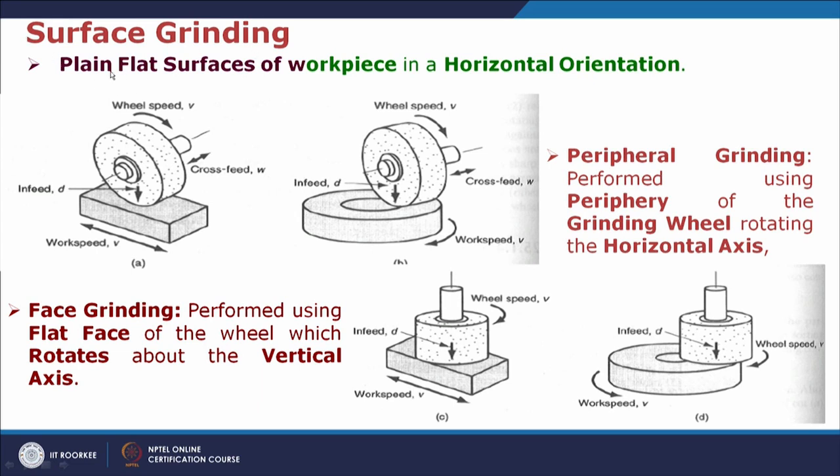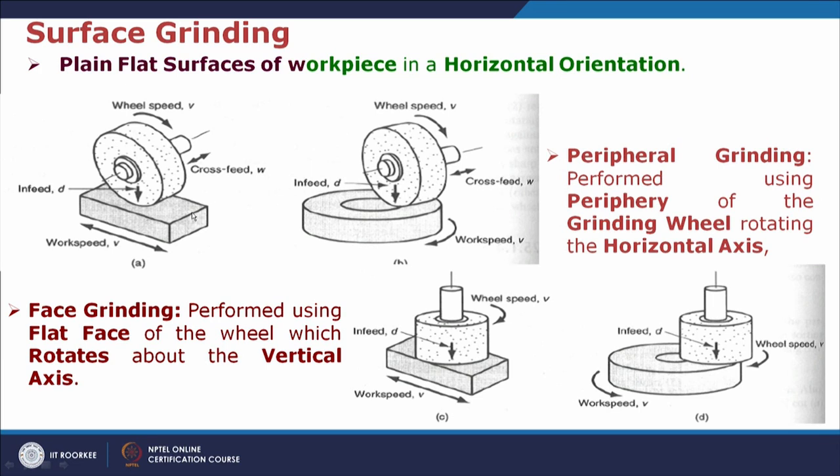For surface grinding, generally the workpiece remains flat and in a horizontal position, but the axis of the grinding wheel can vary. In this kind of arrangement, where the periphery of the grinding wheel is working, this is called peripheral grinding, and in this case there are two types of options. Let us see first the movement of the grinding wheel. The grinding wheel is rotating, a crosswise movement is given, and the radial in feed is also given to give the depth of cut, but the workpiece is reciprocated horizontally